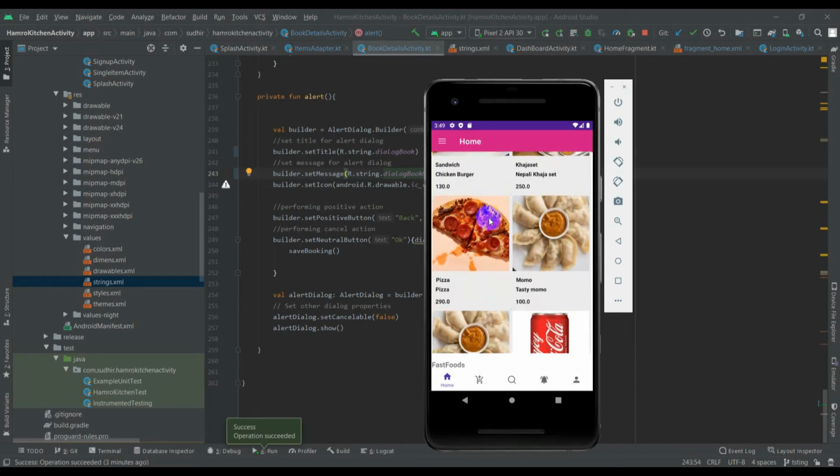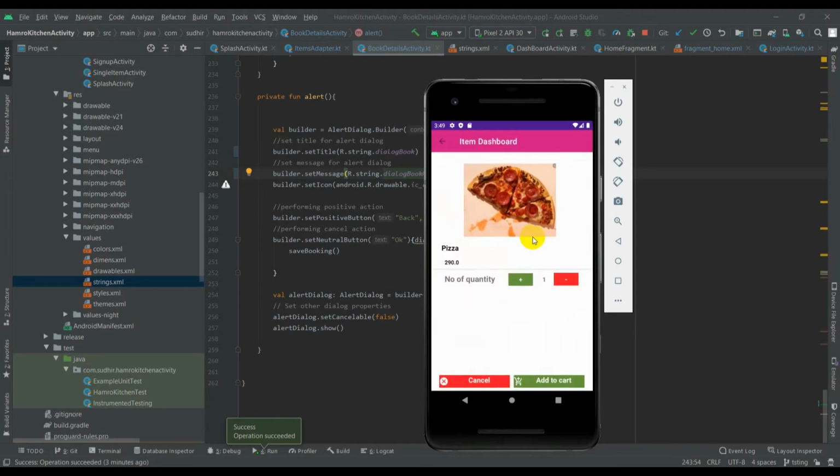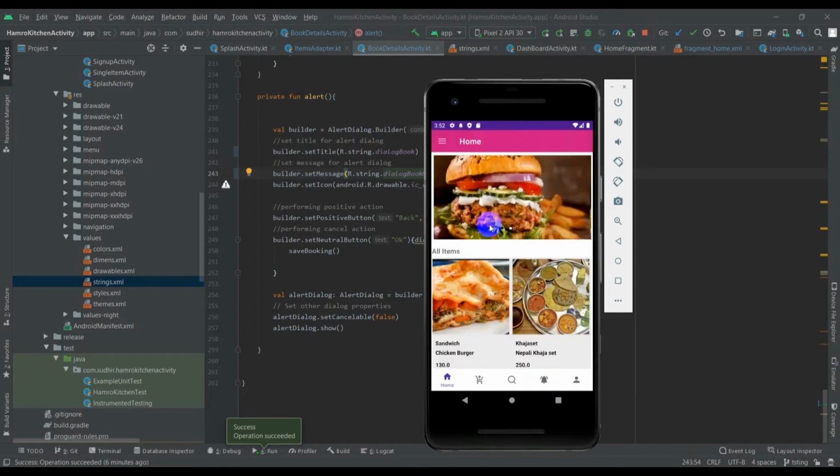So whenever I need to order, I can choose the selected items, which will take me to the item dashboard. I should select the quantity over here and click on add to cart. Then it will show that the pizza was successfully added to the cart.